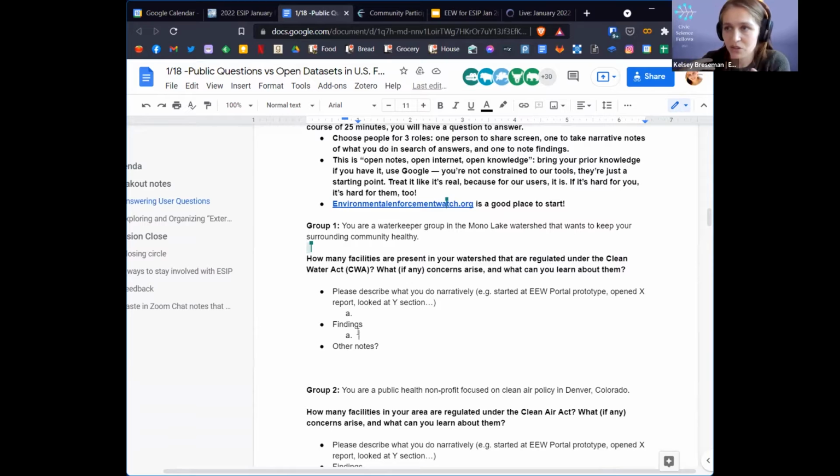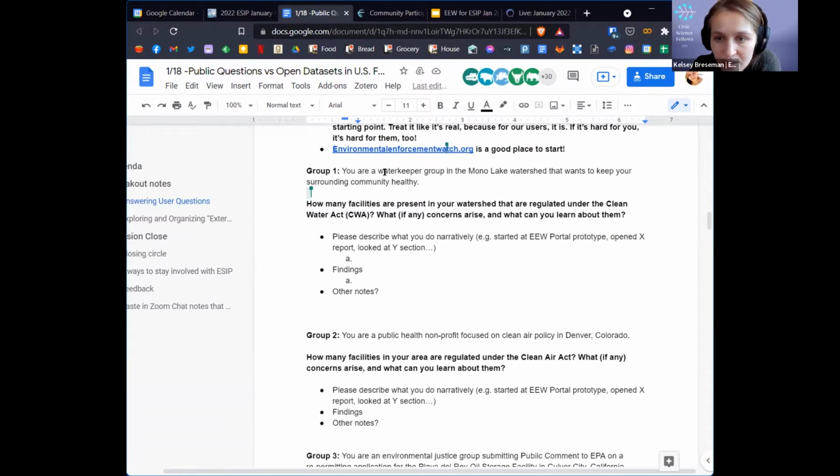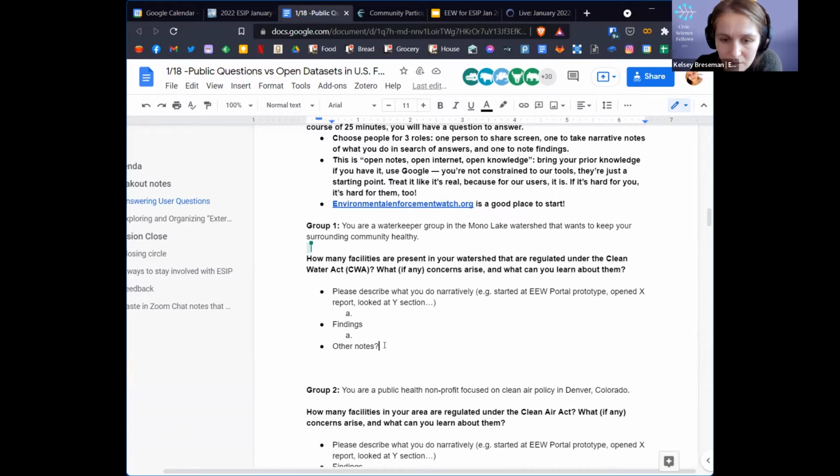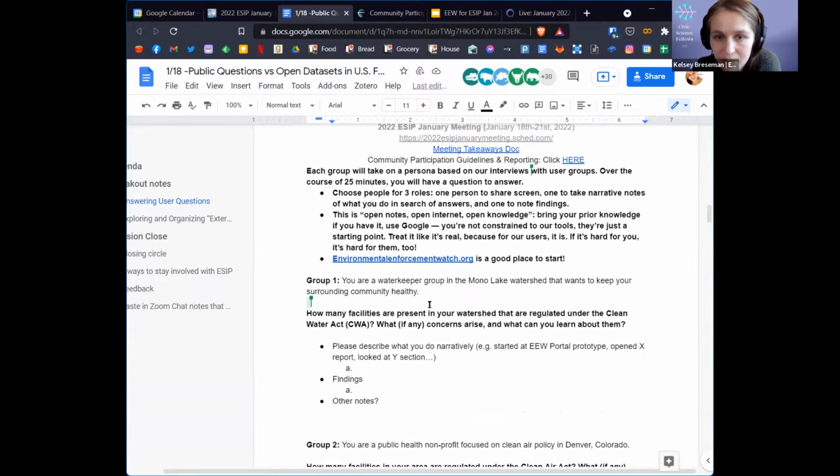And I will not be asking you to report back on your findings. So don't worry about that. But do just think about what it's like to have this process. And then the next part is optional, just other notes if anyone wants to add them. The 3 roles that I'd like you to take on, in addition to the narrative notes, the UX person, and the finding person, is it's really helpful if one person in your group can also share a screen in case anything is difficult to navigate. So somebody who's a little bit more comfortable navigating around the tech would be really great to have there.